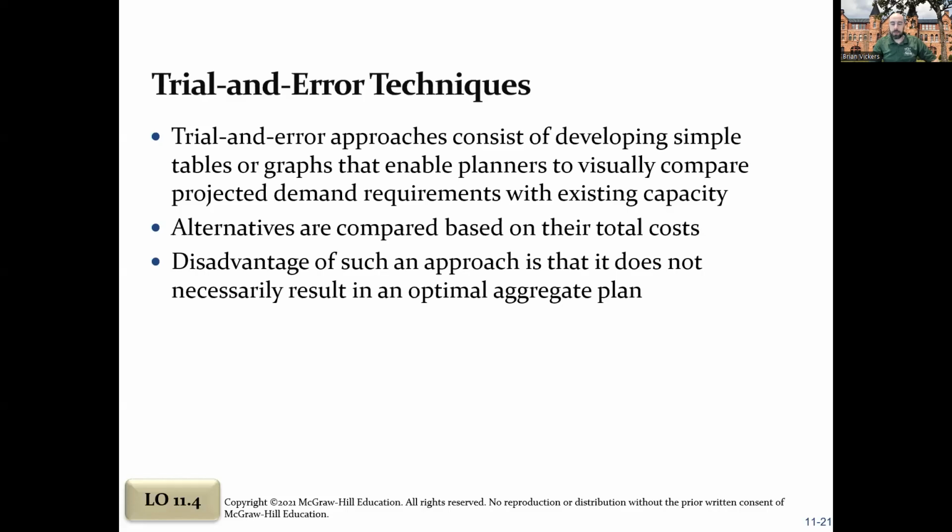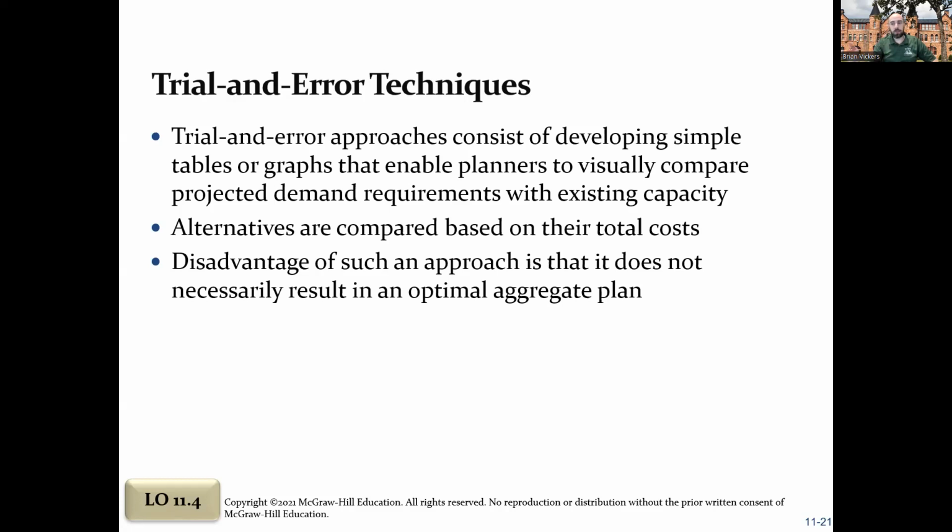All right, hi, we're back with the Chapter 11 practice problems, and we're going to finish the lecture where we left off so you can start to see how we're going to solve this problem. So again, an aggregate plan through the spreadsheet process is effectively a trial and error technique. You are going to try one method of regular output versus overtime output versus subcontracting, or some combination thereof, and